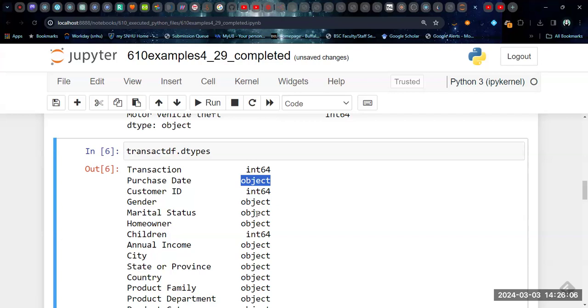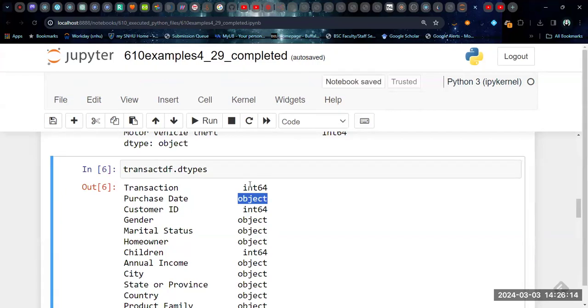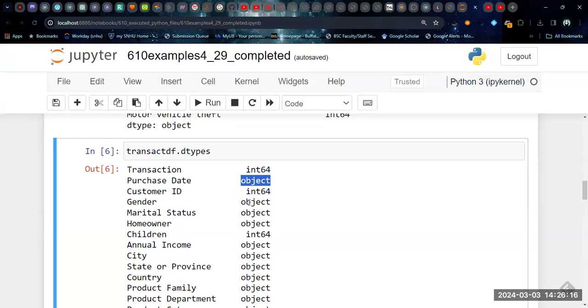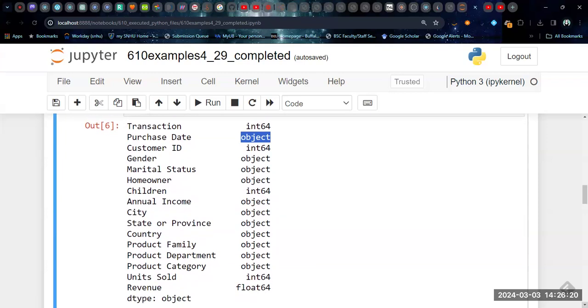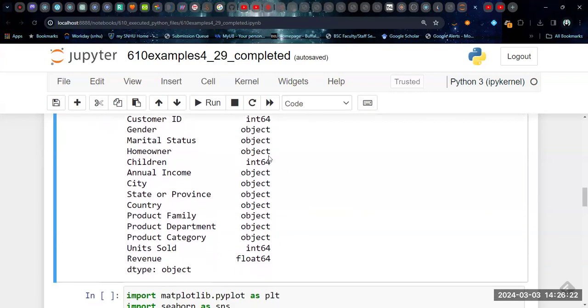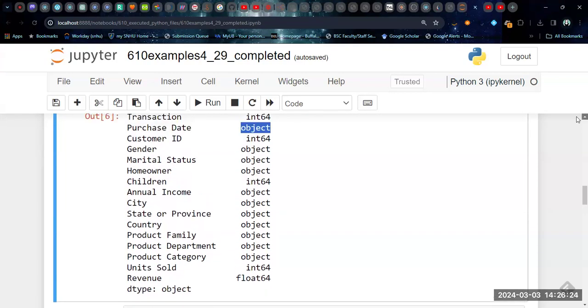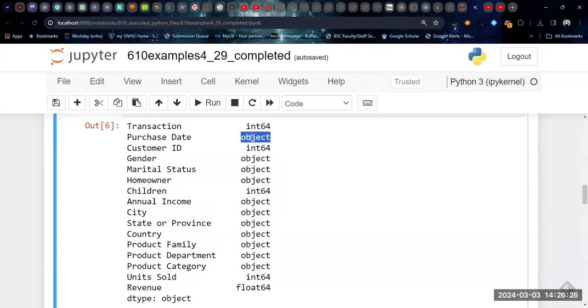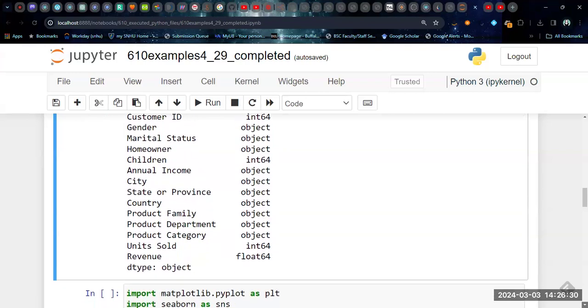You see other objects in here. So pandas did not actually read this as a date time object. So again, that's worth being aware of. Pandas is pretty smart. Often it can bring those in, but it did not, in fact, bring these in as date times. It brought them in as strings,